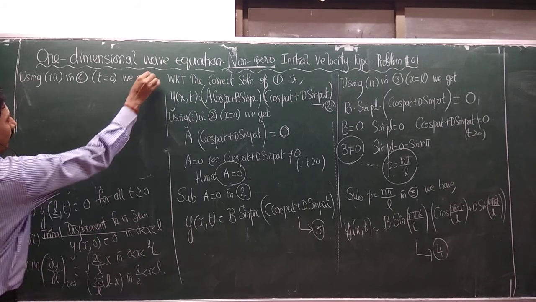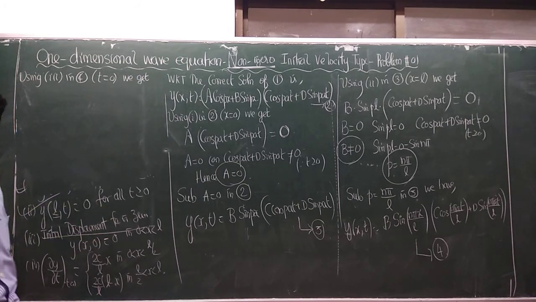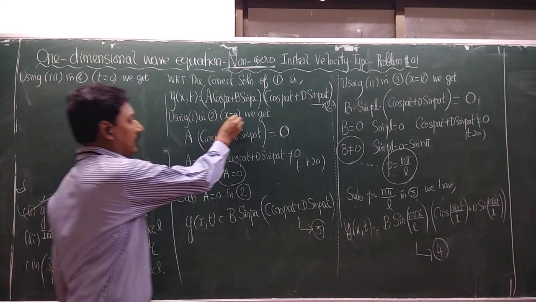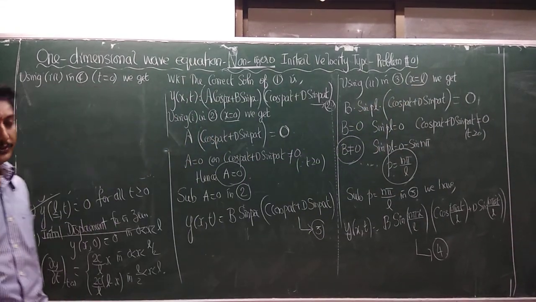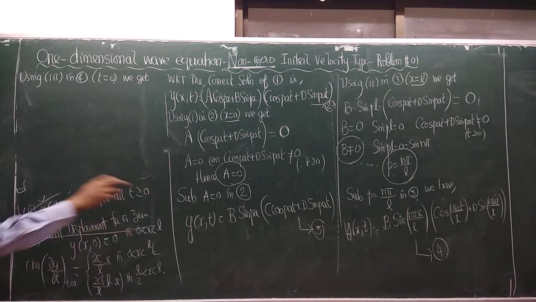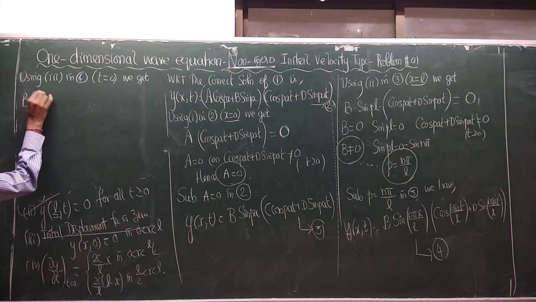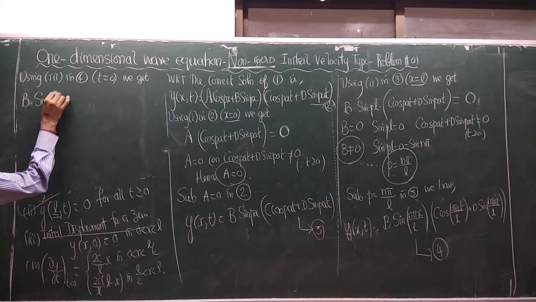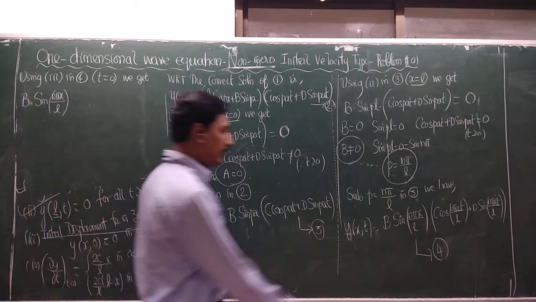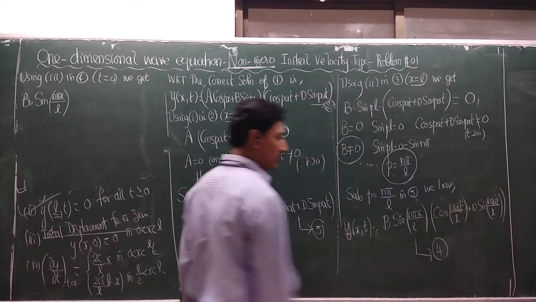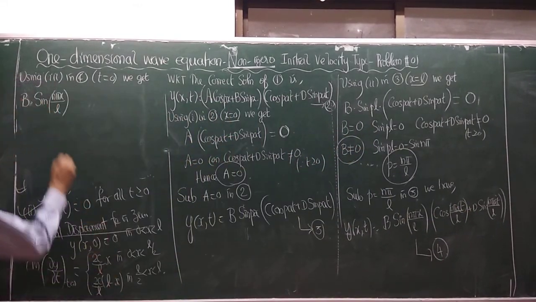So first, two boundary conditions for x. First one, x equal to 0; second one, x equal to L. Now the third and fourth ones are for the time factor, t equal to 0. Now by putting t equal to 0 in number 4, we get b into sin n pi x by L, right? So there is no t term, so it is constant. By putting t equal to 0, cos 0 is 1, sin 0 is 0, so we get c